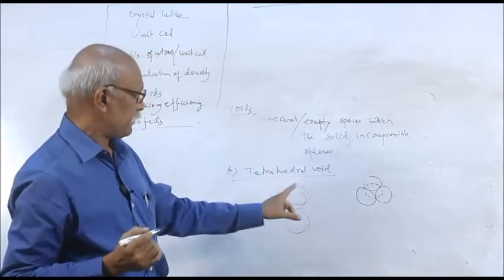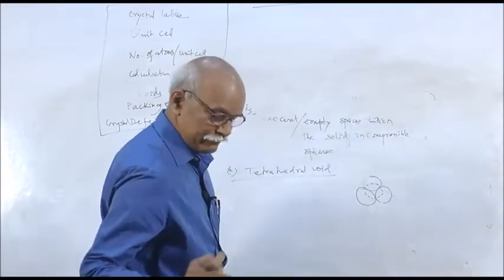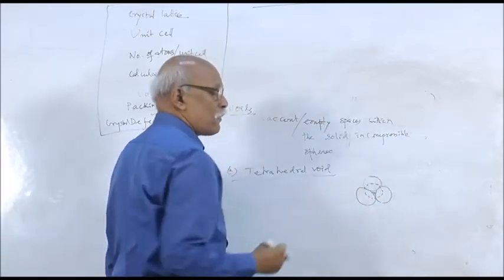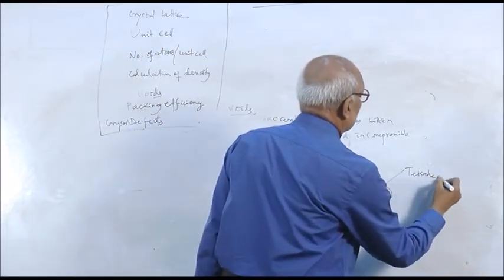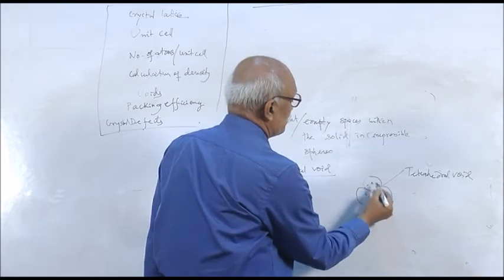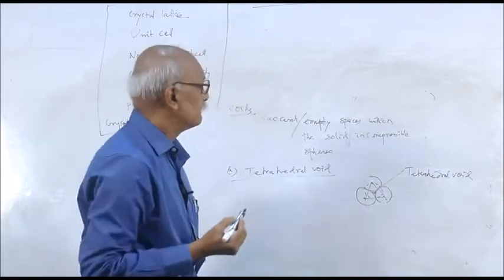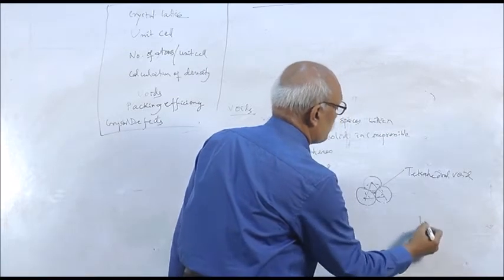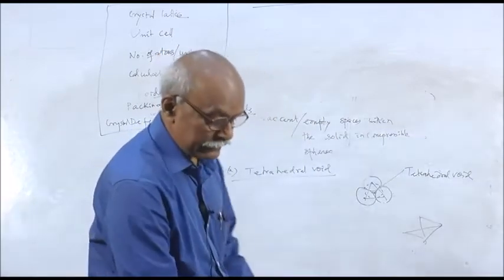The same case applies in the crystal lattice. The space in between these four spheres is called the tetrahedral void. It will look like a tetrahedron. If you join the centers of the spheres, with one point above, it will look like this.